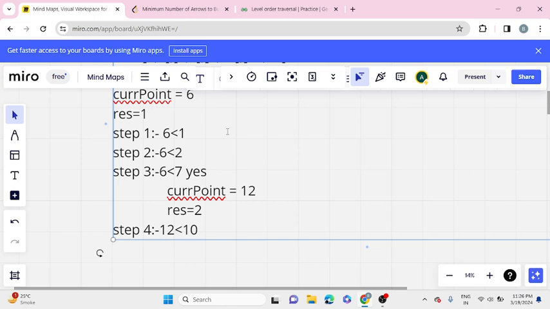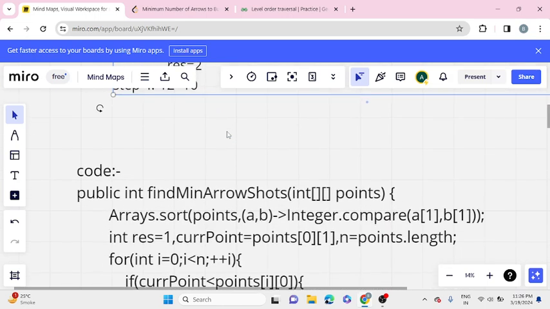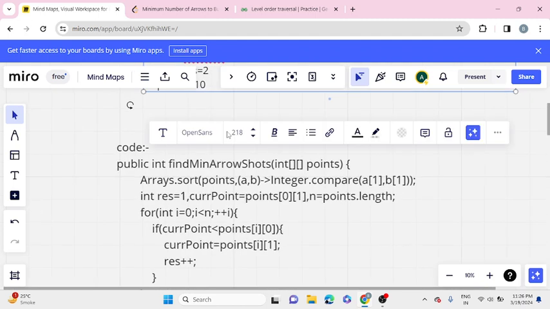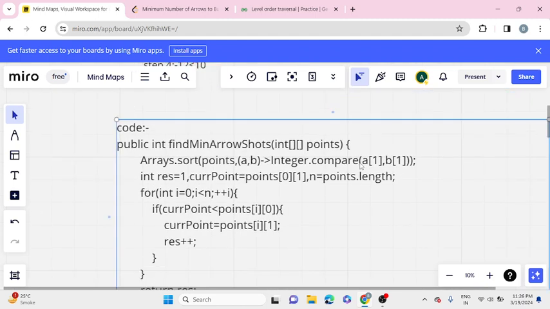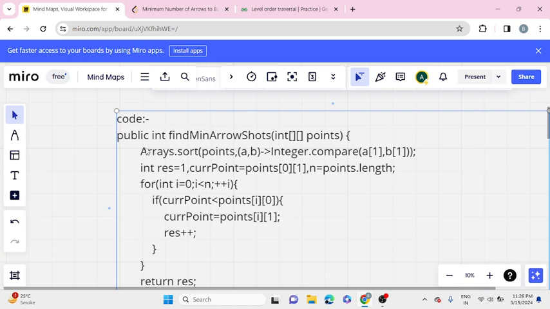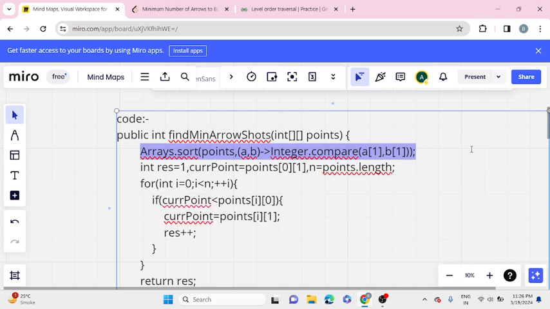So this is all for the explanation part of this problem. The code is pretty straightforward if you found out the intuition behind this problem. So the arrays, we are sorting the array on the basis of the end value. We are using the Integer compare, not just a simple lambda function, because